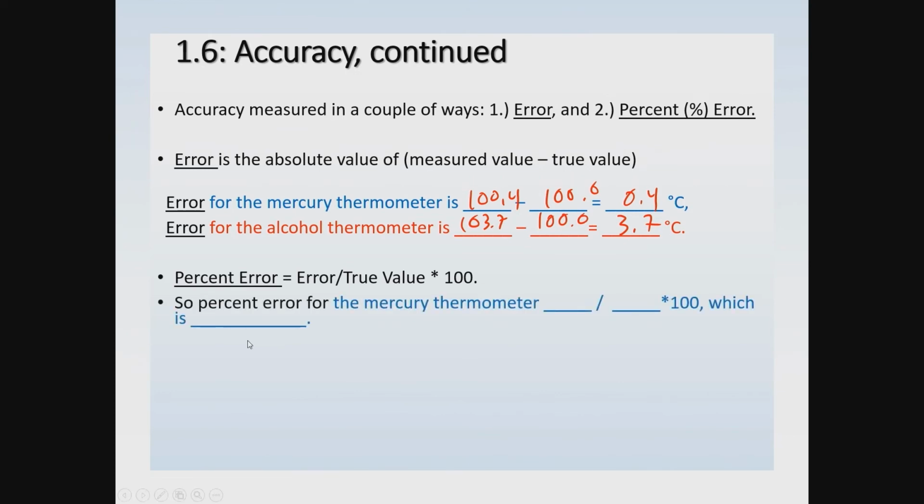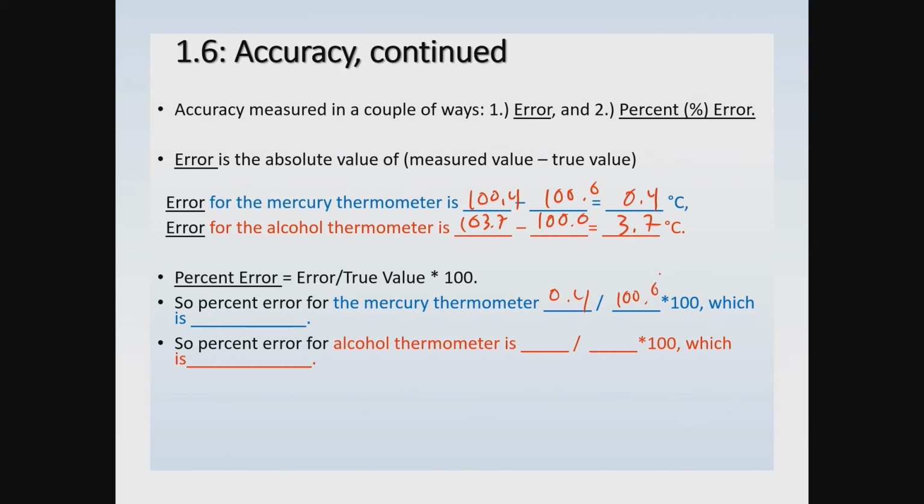Another way you can evaluate how close your measurement is to the true value is by percent error. So percent error, as I kind of indicated there, is just the error divided by the true value times 100. So what we're going to do is calculate the percent error for these two thermometers. And so with one thermometer, the good one, our error value was 0.4. We're going to divide by the true value, which is 100.0 degrees Celsius, and multiply by 100. And if you work that out in your calculator, it's going to be